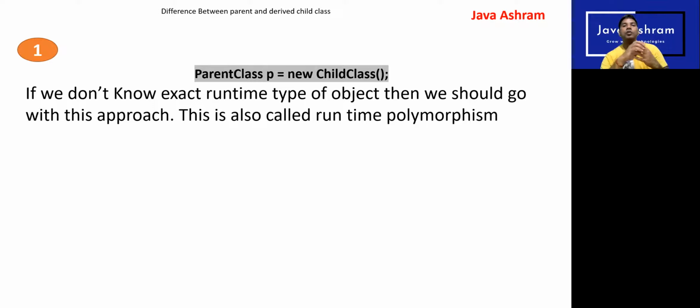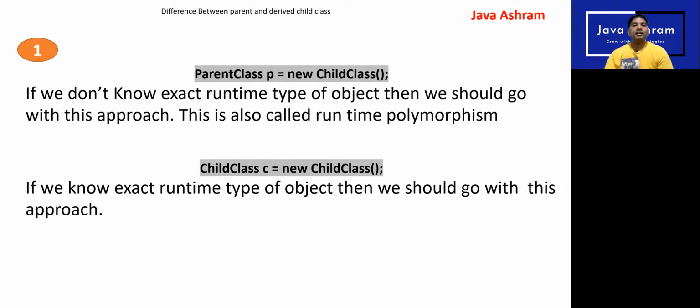So at runtime, its behavior is coming. The live example is, when you are driving the car, at runtime you change the gear, right? One gear, two gear, three gear, four gear, fifth gear, if you don't have an automatic car. Then at runtime, the gear is the same, but it's showing different behavior in different instances. When you put the reverse gear, the car goes backward, right? When you put the forward gear, one gear, the car moves forward. So the gear is the same, but it shows different behavior in different instances. This is called polymorphism. So this is dynamic polymorphism. We also say this is runtime polymorphism.